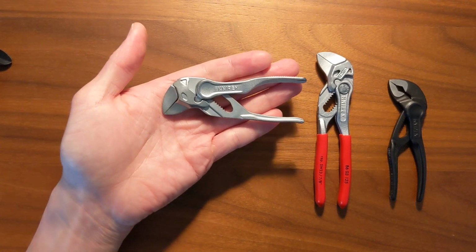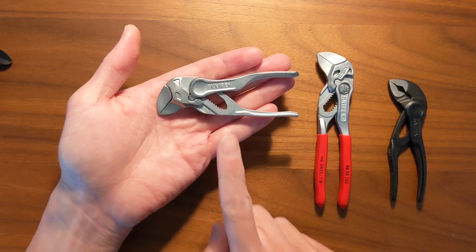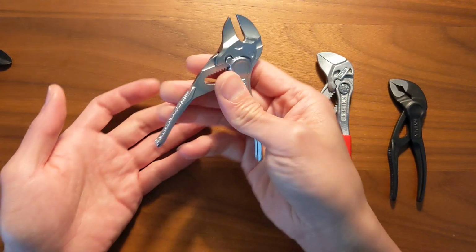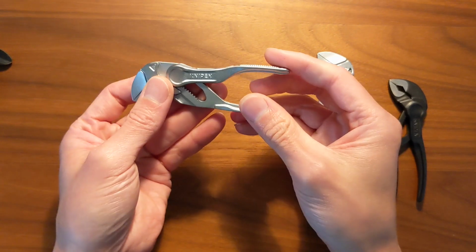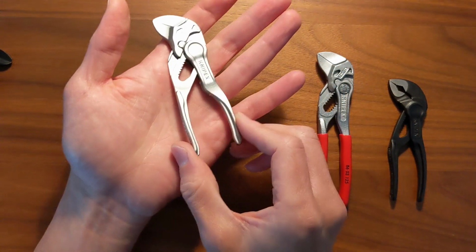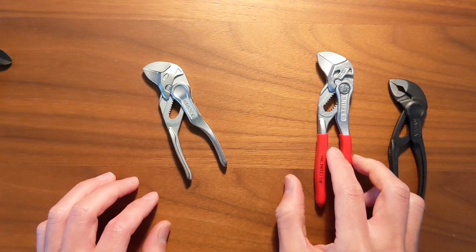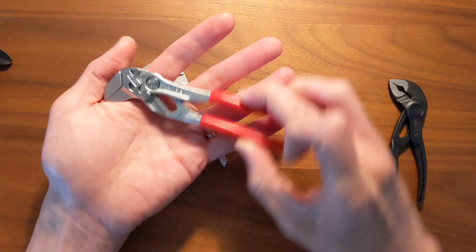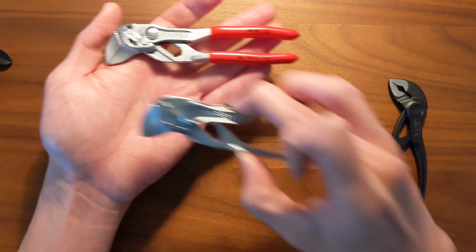Hey YouTube, you're looking at a quick review of the Knipex Pliers Wrench XS and my first impression of using this compact tool. As you know, this is Knipex's new addition to the already well-established Pliers Wrench family, and this replaces the 125mm version as the new smallest Pliers Wrench